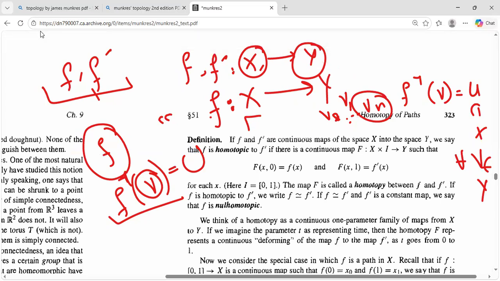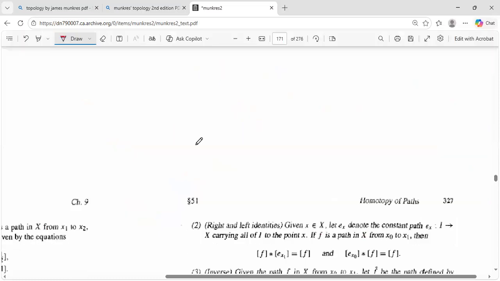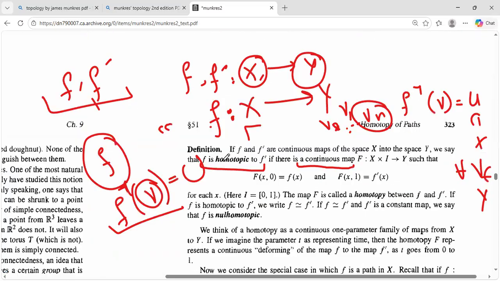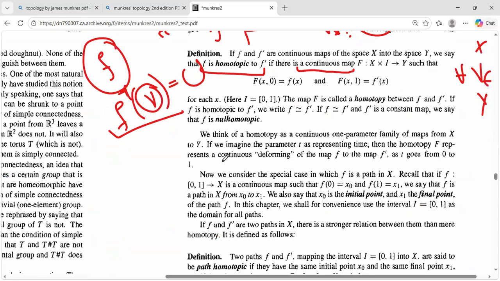Now let's read this definition: homotopy. If f and f prime are continuous maps from topological space X into topological space Y, we say that f is homotopic to f prime if there is a continuous map. What type of continuous map do we have? We have a continuous map F from X Cartesian product with the closed interval I to Y such that